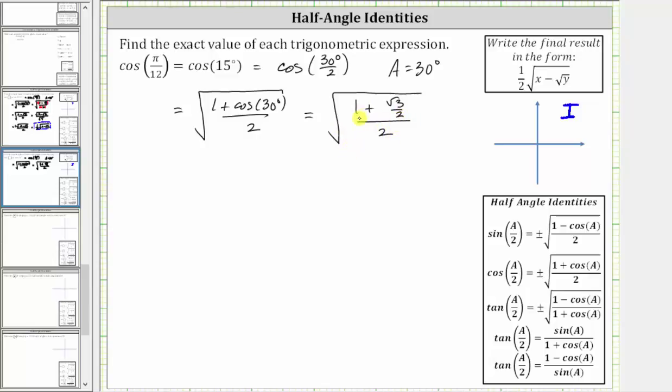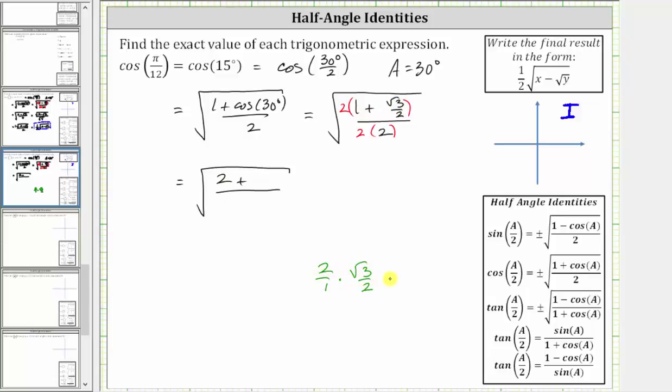So this is the exact value of cosine 15 degrees, but let's simplify this complex fraction under the square root by clearing this denominator of 2. To do this, we multiply the numerator and denominator of the complex fraction by 2, which is equivalent to multiplying by 2 over 2, which is equal to 1. Distributing the 2 here, we have 2 times 1, which is 2. And then we have 2 times square root 3 divided by 2,